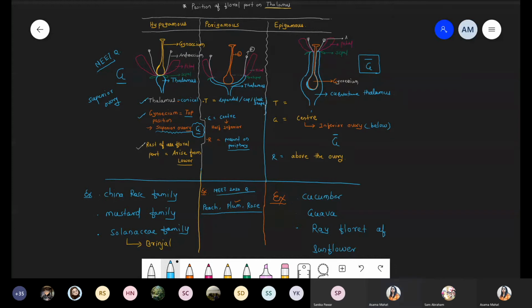Yes, ma'am. Okay, very good. Chalo. So now next point, we are talking one by one. We are talking about calyx, corolla, androecium, and gynoecium. So now we are taking the different parts of this flower with their function and some modification. Can anyone please check whether modification of flower is included or not? Just tell and confirm me.